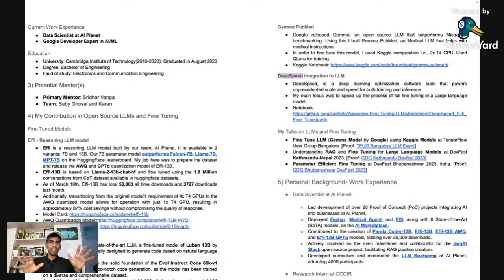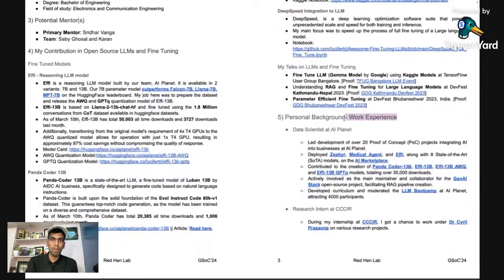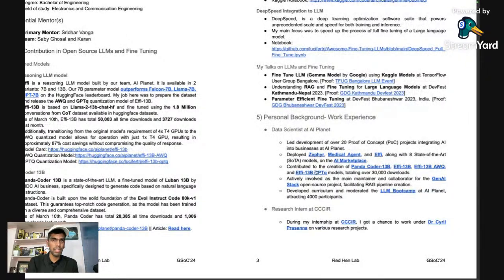So here what is happening is, when you create a fine tuning LLM, there are different ways you can optimize the training process. In order to optimize the training process, I also included DeepSpeed so that I can tell, hey, when you're fine tuning, you also need to optimize it, and I know how to optimize it. So this is just one more additional step saying that, hey, this is your project, this is the flowchart, and I know what I'm doing. That's it. And once this is done, I've added my personal information, where I've discussed what my background is about and what previous internships I've done.